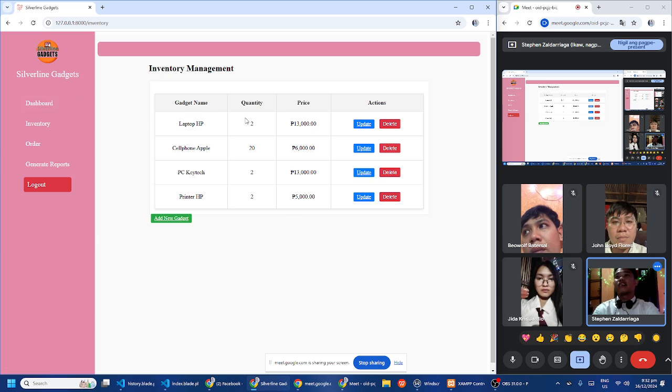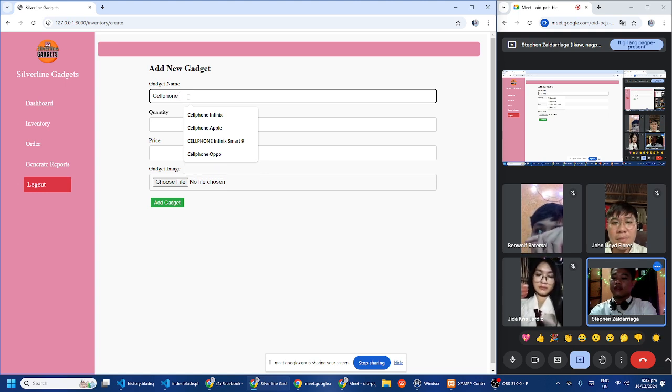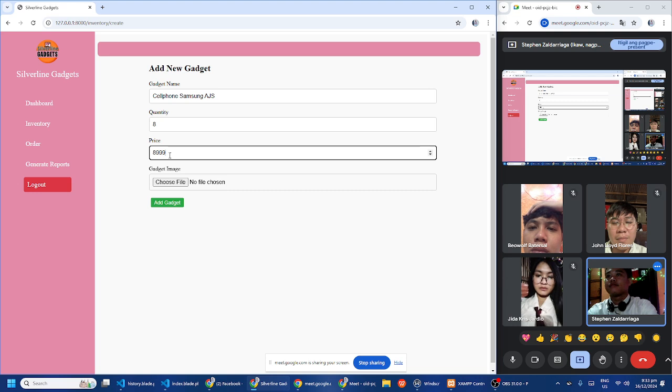This is the total products: laptop, cell phone Apple, PC Kitech, printer HP. So you can add more products like this. I want to add a product, cell phone Samsung, Samsung EGS, quantity 8, price is 899.